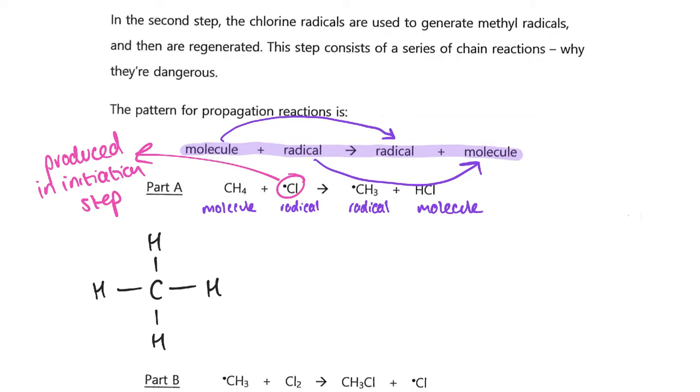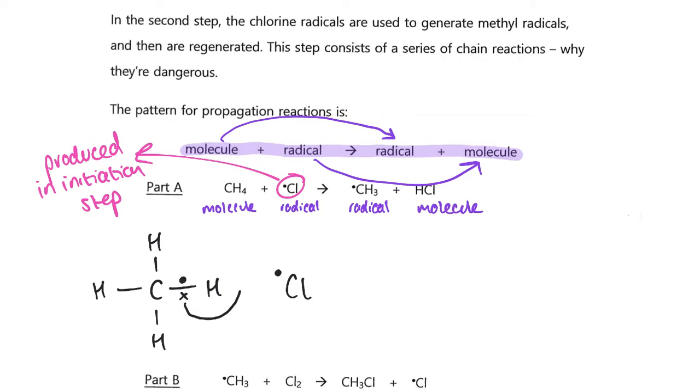Let's show the electrons in one of the carbon-hydrogen bonds. So we'll do that as a dot and an X. Then let's represent our chlorine radical that we produced in the initiation step as a Cl with a dot in it to show that it's a radical, that it's got an unpaired electron. So what happens with this is essentially we're forming hydrogen chloride, and how that forms is the carbon-hydrogen bond breaks,